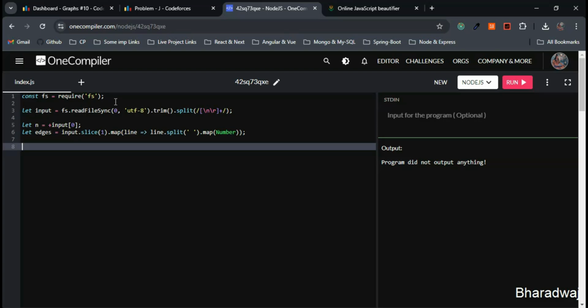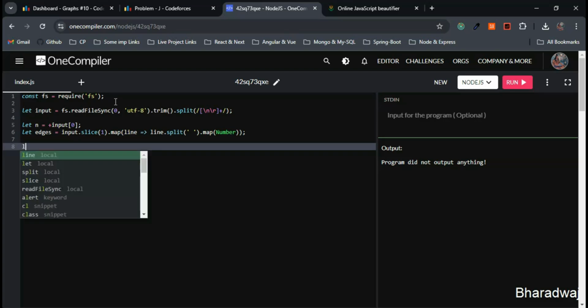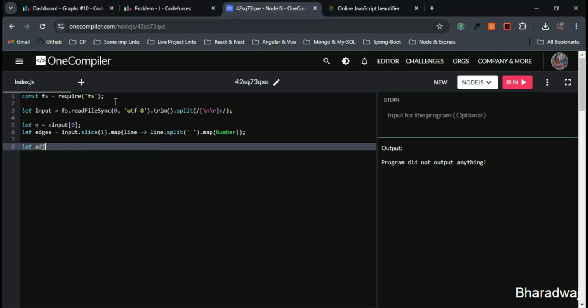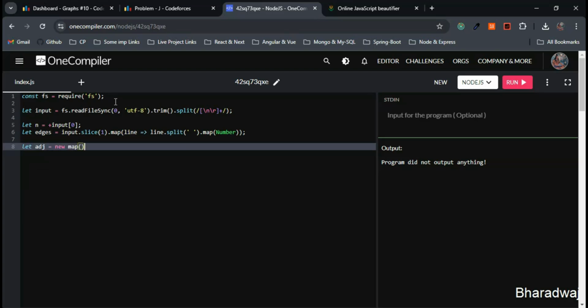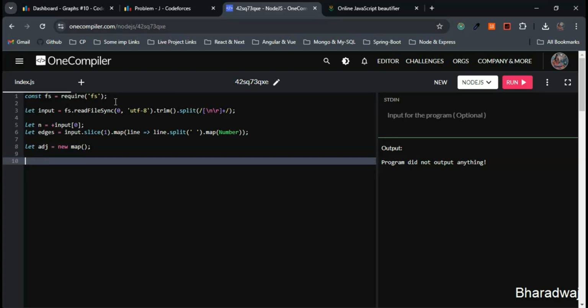Next step is, let's create an adjacency map to store which cities are connected to each other. So we have a map to store, right? Nothing but we are creating an adjacent map to store which cities are connected to each other. It has to be adjacent. This one equals new map. This is fine. So next step is for let a comma b